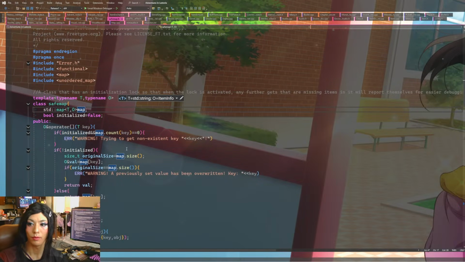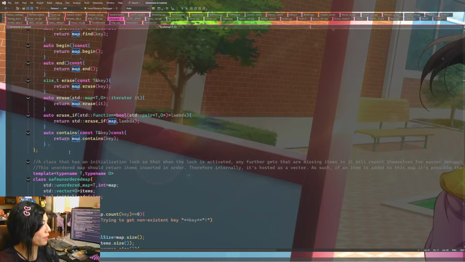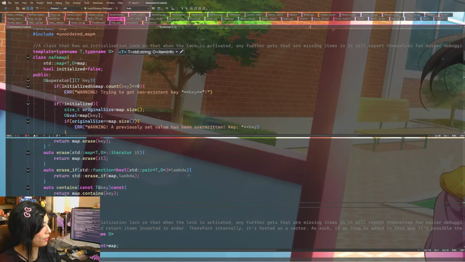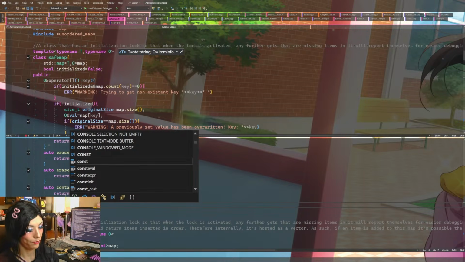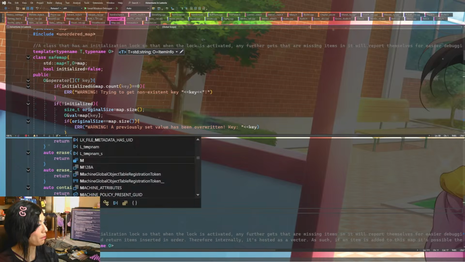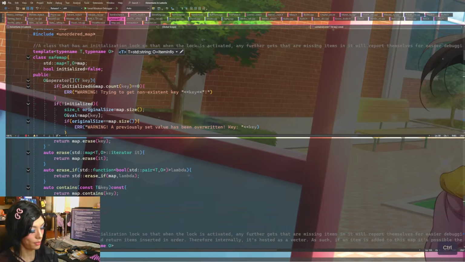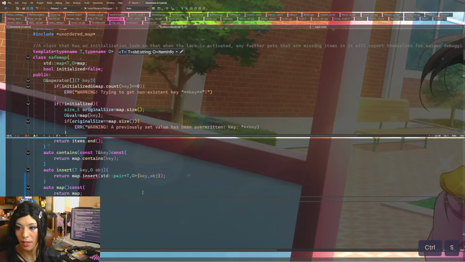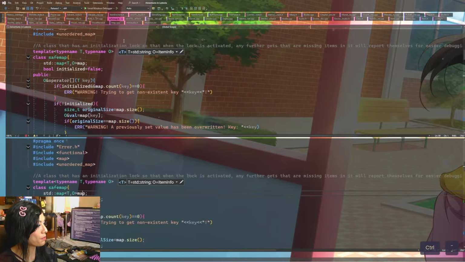I'm thinking about it. Like, provide the raw map. So in this case, it would be standard map. I guess I can just auto it. Map. And return map. Just like that. I think that would be pretty harmless and gives us an easy way to at least access it for a situation like this where we need it.